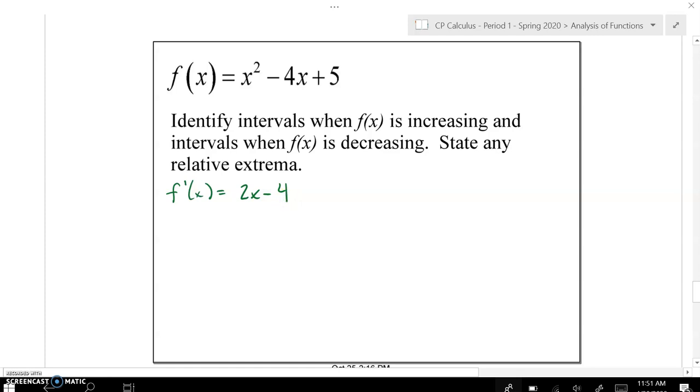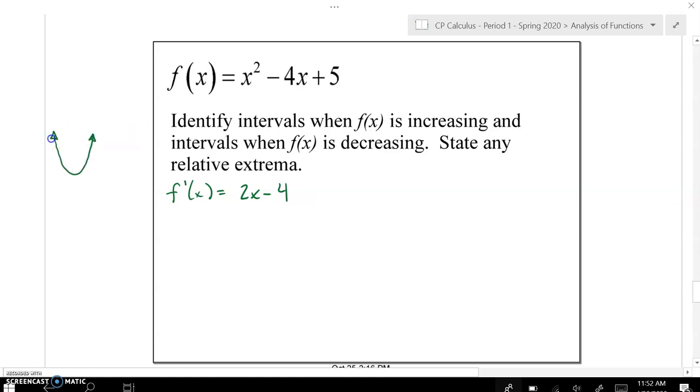A reminder, critical values are locations where your derivative does not exist, there's no slope there, like at a cusp or something like that, and locations where the derivative is equal to 0. So when you have a relative max or min where it's changing from increasing to decreasing, something like that. In this case, it would be